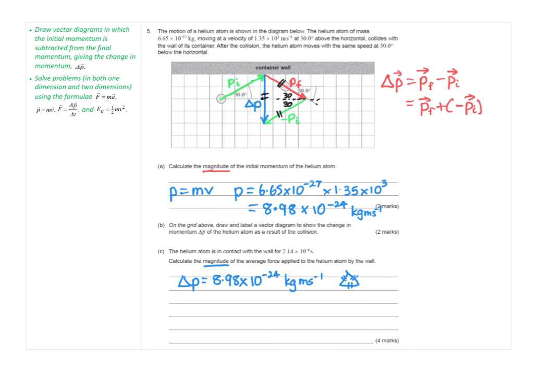So, to work out the force, force equals delta P over delta T, and that's on your formula sheet. So then we substitute those values in. Force is equal to 8.98 times 10 to the minus 24 divided by 2.14 times 10 to the minus 4. That's given to us in the question. And we get left with a force equal to